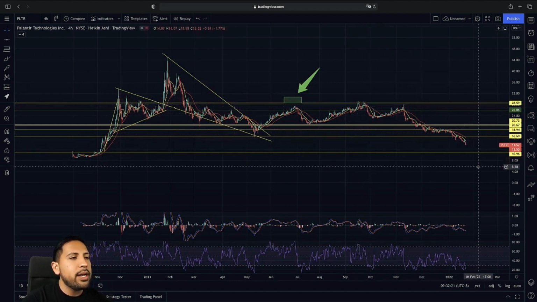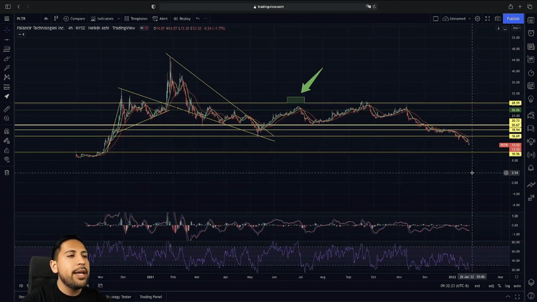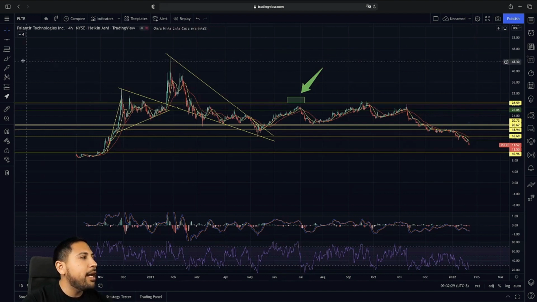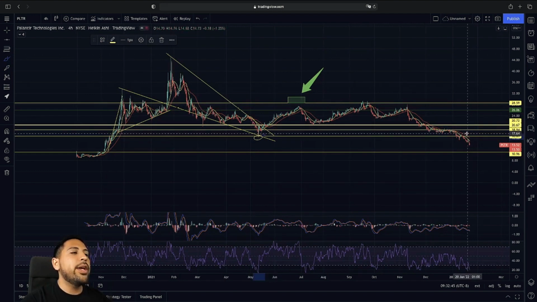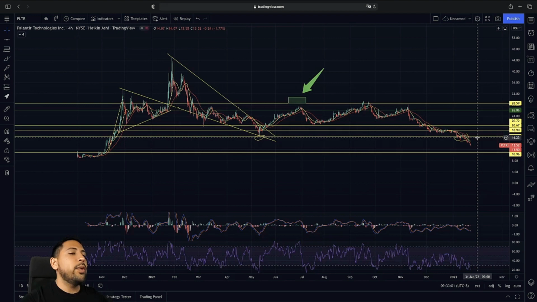Now it has been continuing on down as the market has been continuing on down, and a lot of negative data about rates coming out. And as you guys can see, we are dropping just below our previous bounce that we had when we did bounce off of this descending wedge. So now we are lower than that bounce that we did have, and now looking to see if we can find a level here. Again, we have this FOMC meeting on Wednesday that's going to determine a lot about what we think about rates,